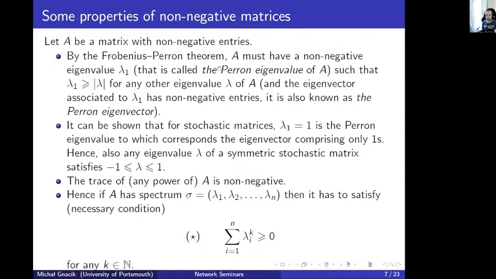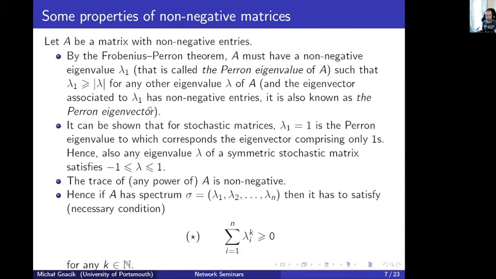So there is a famous classical Frobenius-Perron theorem, and it states that if A is such a matrix, so in this case with non-negative entries, then it must have a non-negative eigenvalue, which we refer to as a Perron eigenvalue. And this eigenvalue also gives you an upper bound for the absolute value of any other eigenvalue of this particular matrix. And this eigenvalue also has an eigenvector that it corresponds to, of course, and this vector is often called